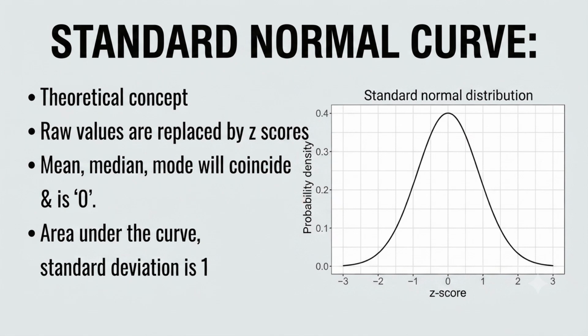The place where mean, median and mode coincide will be denoted by 0 z-score, and left side and right side are denoted as -1 and +1 z-scores. Remember, these are z-scores, not standard deviations. So they will be denoted as -1, -2, -3, +1, +2, +3, like that z-scores. So any raw data that is given, we should convert it into z-scores and plot. And the area under the curve in this is also 1, and the standard deviation of this curve is 1. Just remember that it is a theoretical concept. Here raw values are replaced by